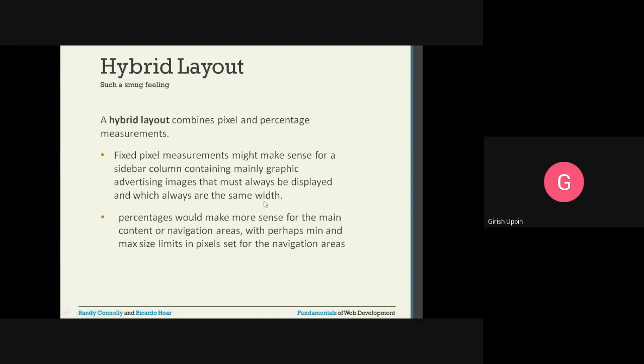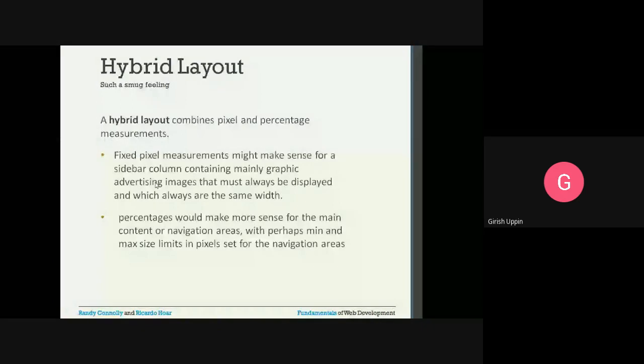For the navigation or sidebar, the width is almost constant and need not change with the screen. Those we can keep as fixed pixels, and percentage would make more sense for the main content.